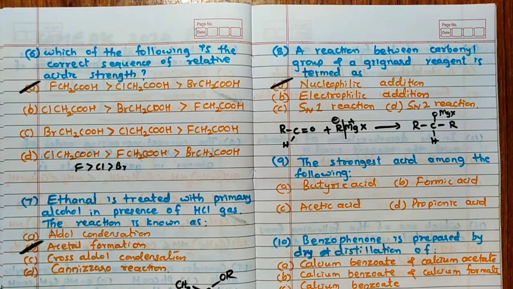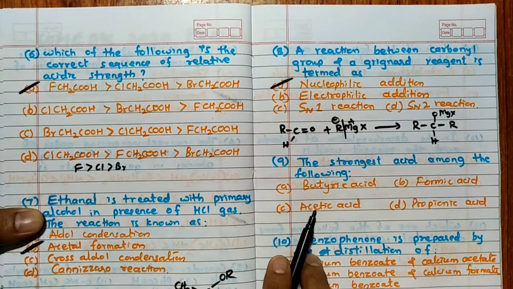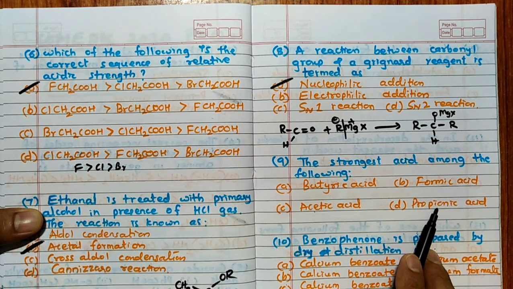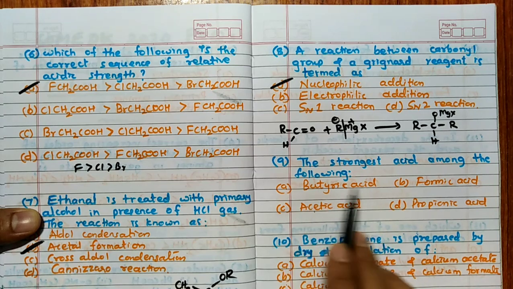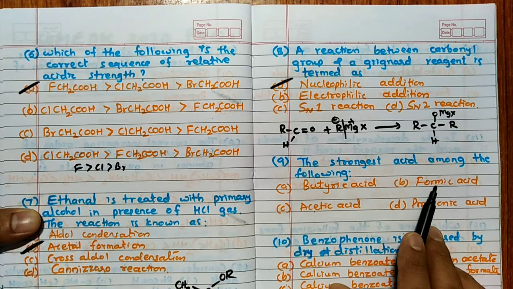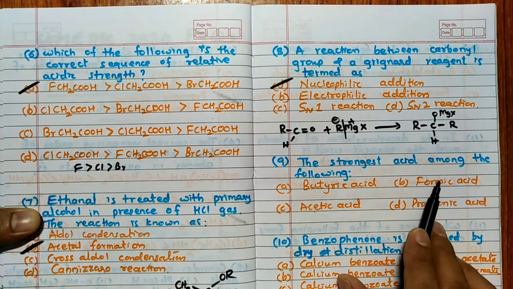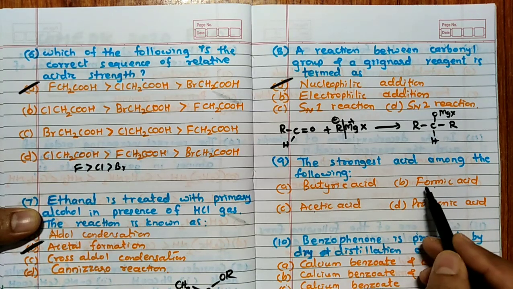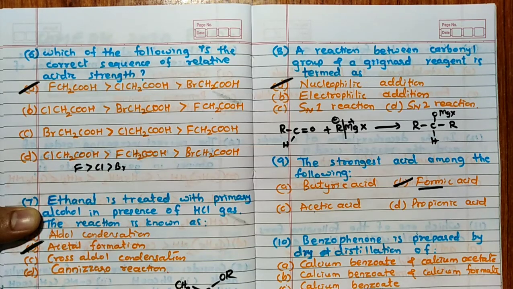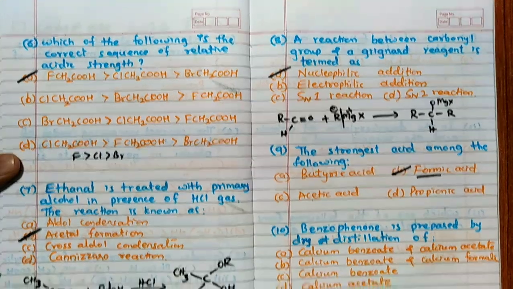The strongest acid among the following is butyric acid, formic acid, acetic acid, propionic acid. Once again, in all these cases, remember, a methyl group is there. Here an ethyl group is there, right? So here a propyl group is there. So total 4 carbon butyric acid. But here HCOOH. Definitely HCOOH will not have any of this plus I effect which we observed in these three. So hence the answer for this question should be B. There is no plus I effect in this case. So the answer is B.